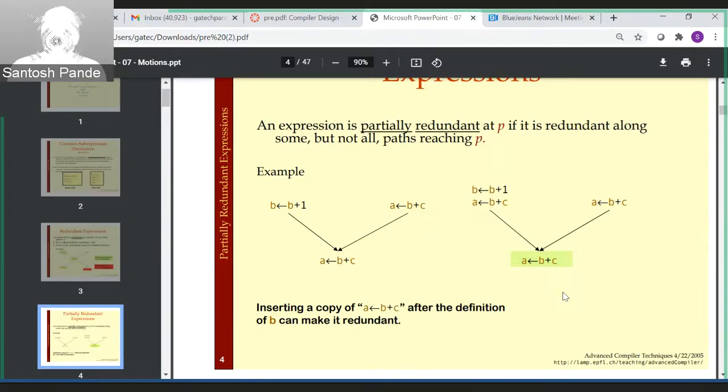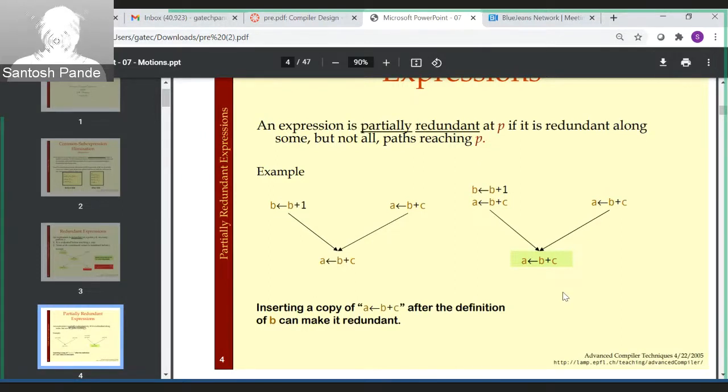So this is a case of a partially redundant expression, which means we are not able to remove it using the traditional ways of doing available expressions and their elimination for CSE. And this does occur a lot,